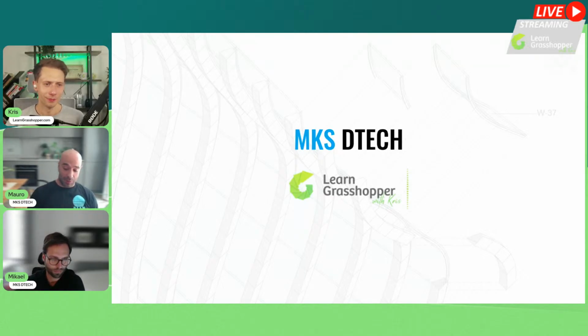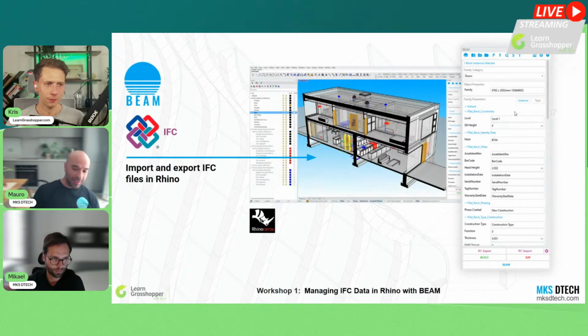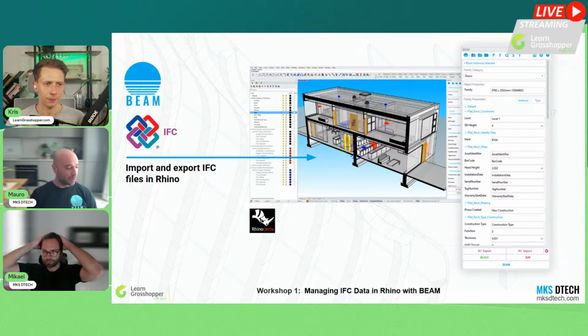And as you mentioned, today we're going to talk more generally about IFC. IFC has been a big request for BIM, and it's a fairly recent addition to the features that we have in BIM. Generally speaking, with BIM we try to add a layer of information to Rhino, because we love Rhino.